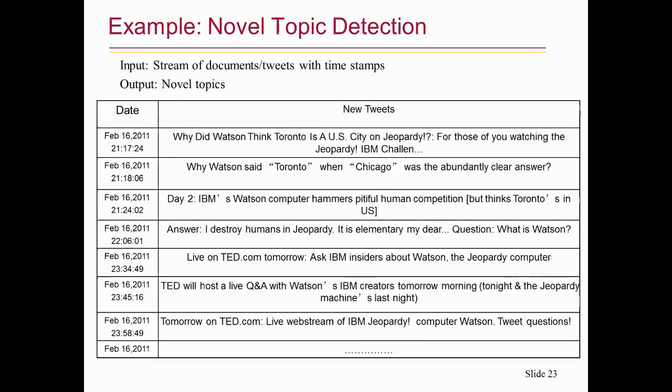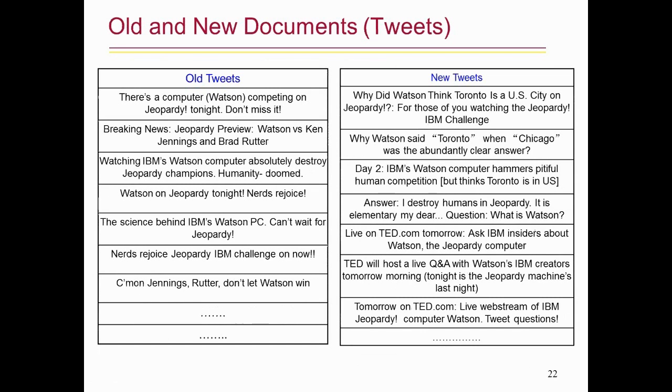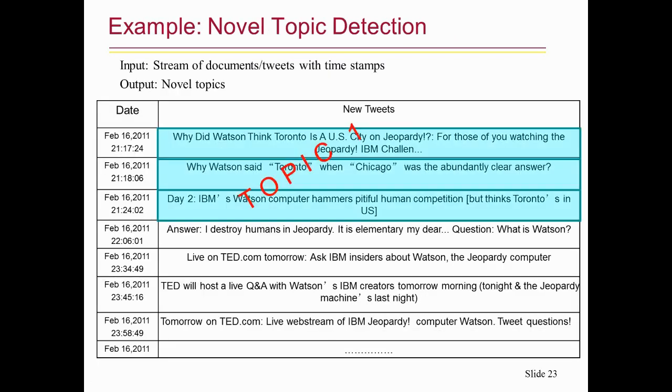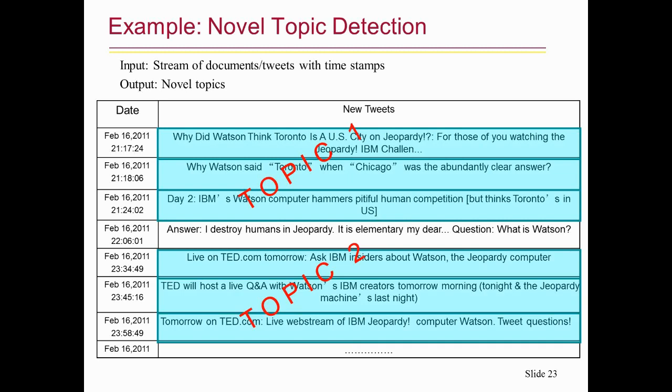So if you look at the new tweets, in the first day, they were primarily saying, oh, this is going to happen, and then it has happened, and we are talking about something else. So the next day, you will see there's one topic where people are talking about this Chicago-Toronto mix-up. There are other people talking about things at live on TED.com. And then there are other tweets, right, which really is not a topic in itself. Somebody is just tweeting something which doesn't fit a flow, that isolated one. So you want to detect these kinds of topics